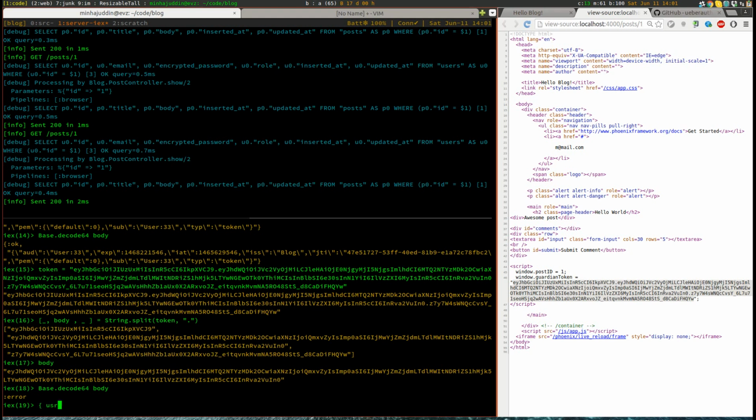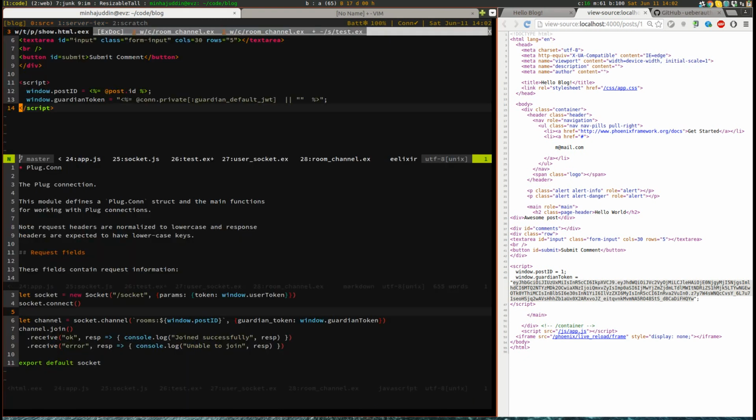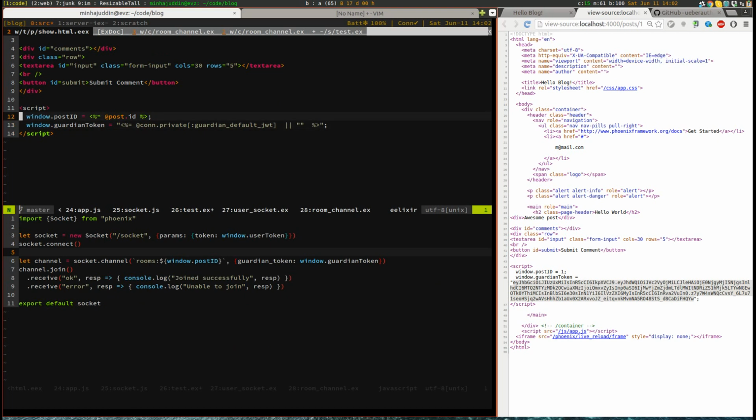something of this sort. This would give us a user ID. This would give us something called subject as user 3, because that's how we serialized it, and then we would be able to get back our user and then do the authentication. But we don't really have to do that, because